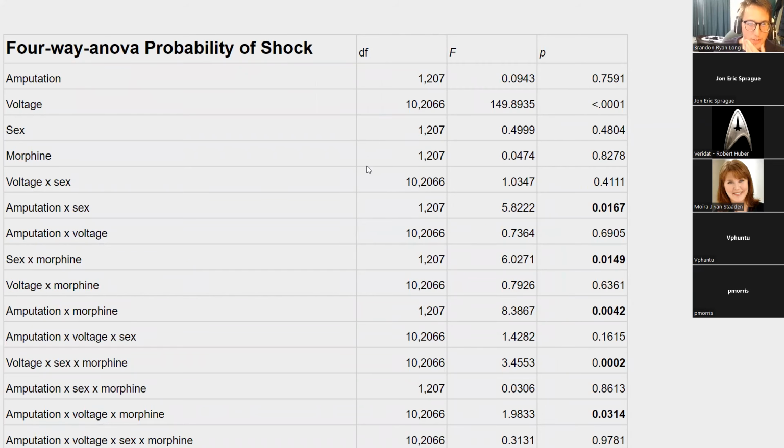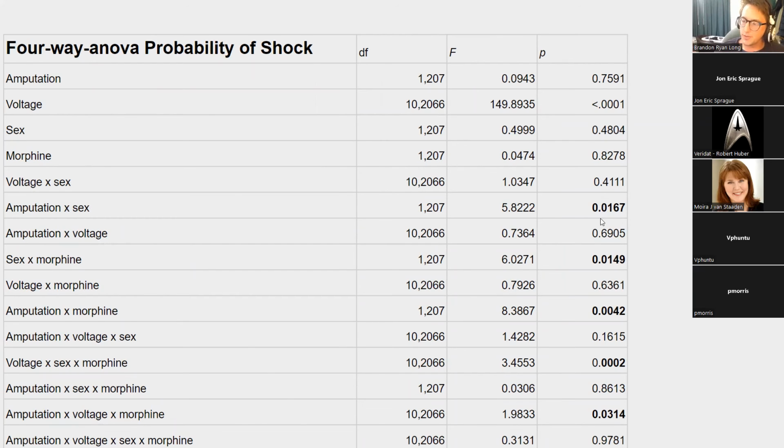So these are the results of the four-way ANOVA. I don't want to talk too much about this because there's a lot going on, and I'd rather take some questions, but really quick. There are not that many direct effects besides voltage, and obviously voltage is going to have statistical significance. But the effects of amputation depend on sex, and that reaches significance. What that seems to illustrate is that